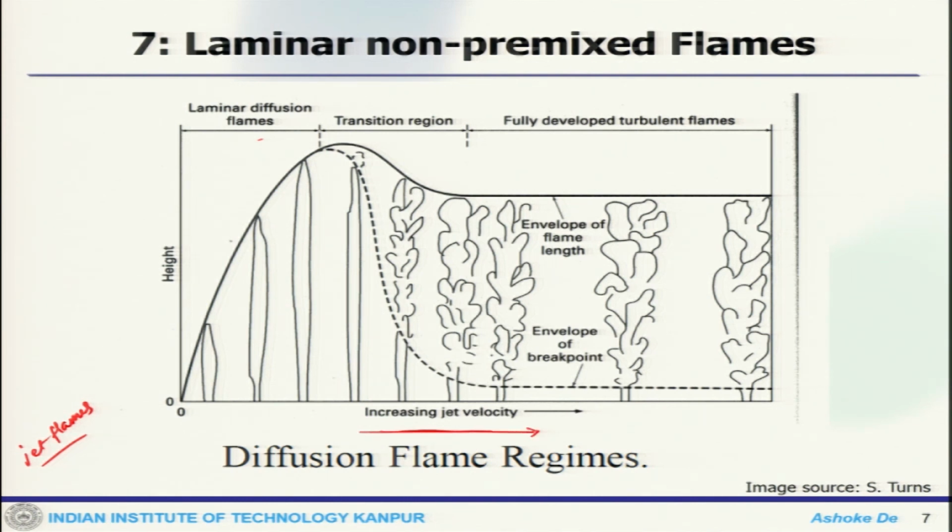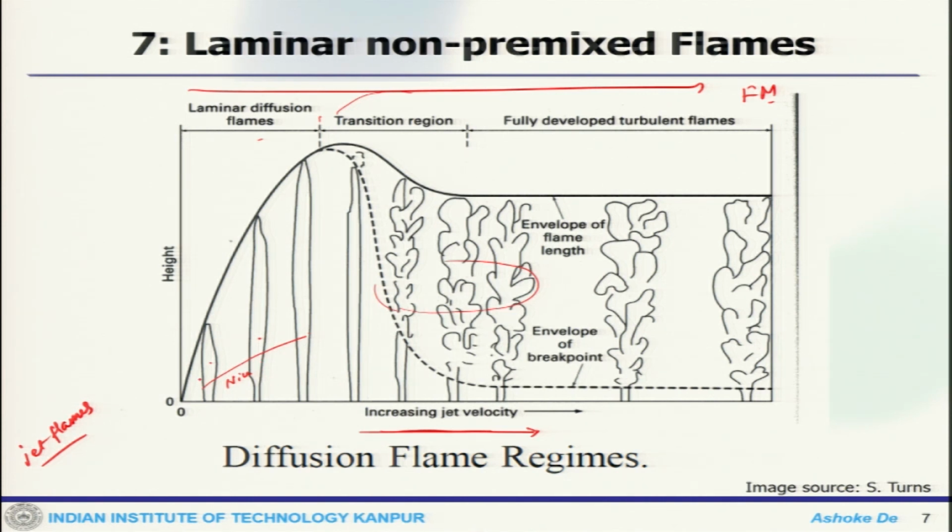Now, this is along with the increasing jet velocity. When you increase the jet velocity, it reaches a certain point beyond which you may have a different kind of flame. If you look, these are nice looking structures, but beyond a certain point the structure gets into this kind of structure, which is not nice looking. This division is based on your fluid mechanics. Laminar is a very calm, quiet situation, things are nicely balanced, and you get to see a nice flame structure.